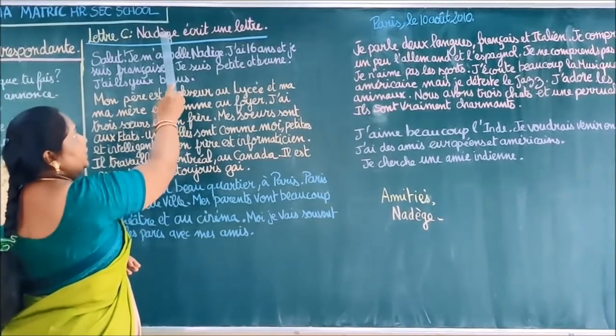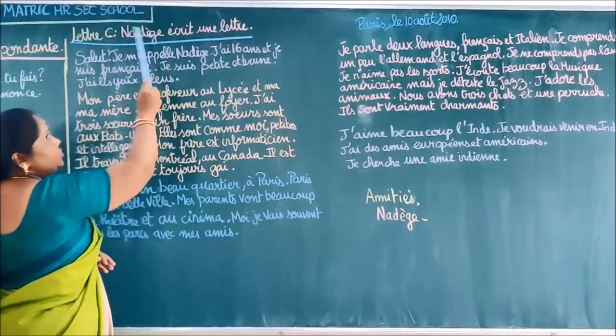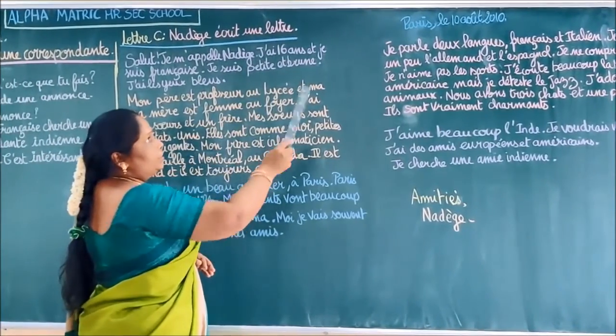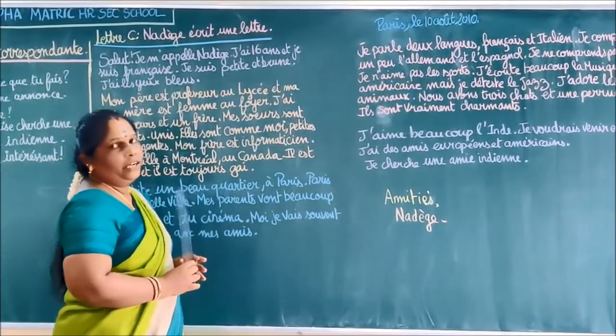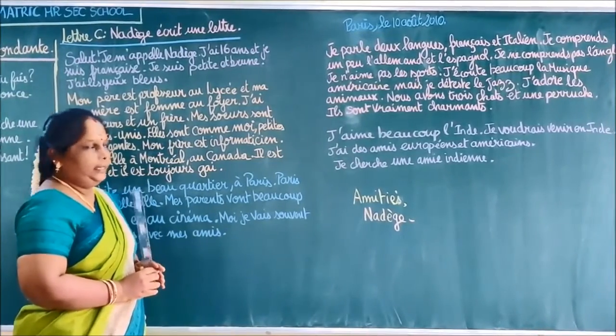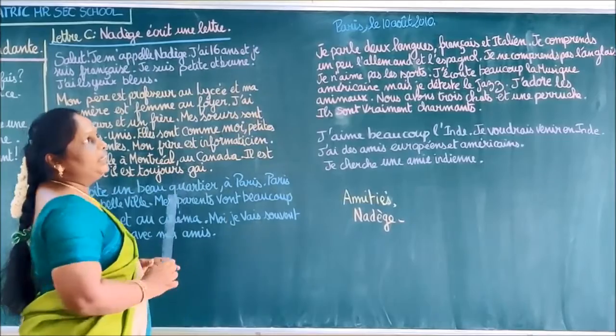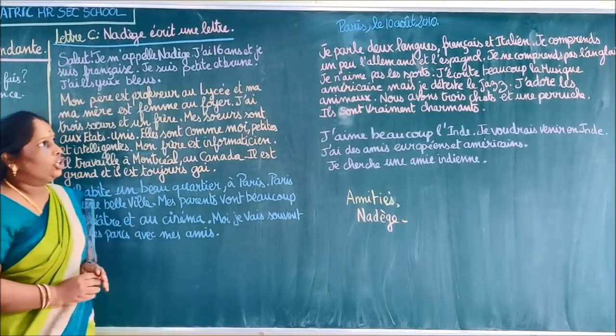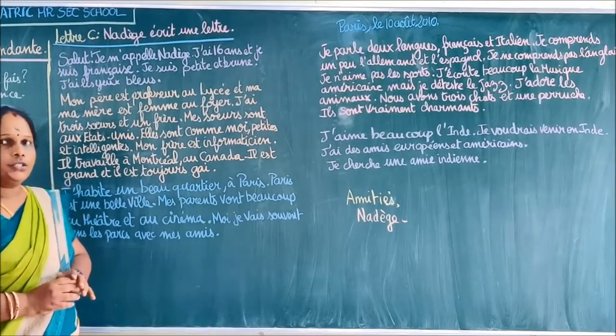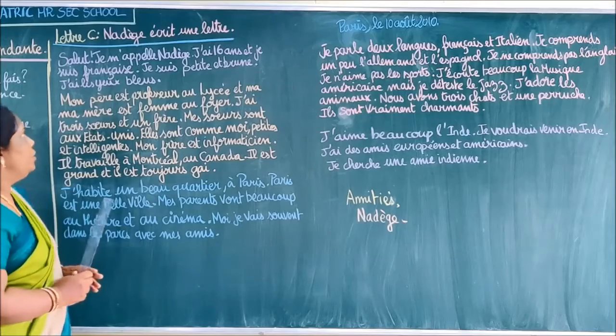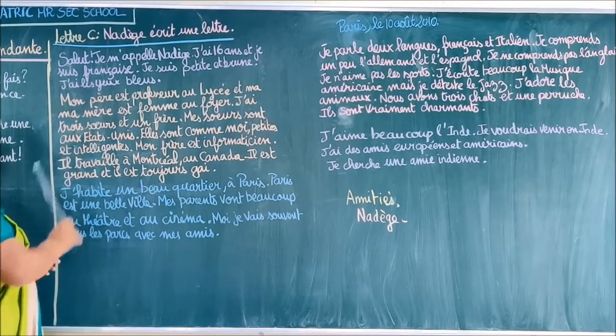Okay. So, Nadesh écrit une lettre. Nadesh is writing a letter. You can see in the letter we wrote the place and the date. Okay. Paris, le 10 août 2010. So the letter was written on the 10th of August 2010. Okay. I am going to start reading the letter of